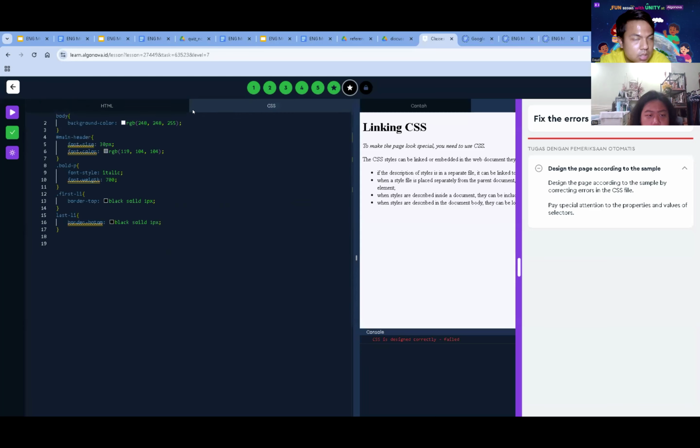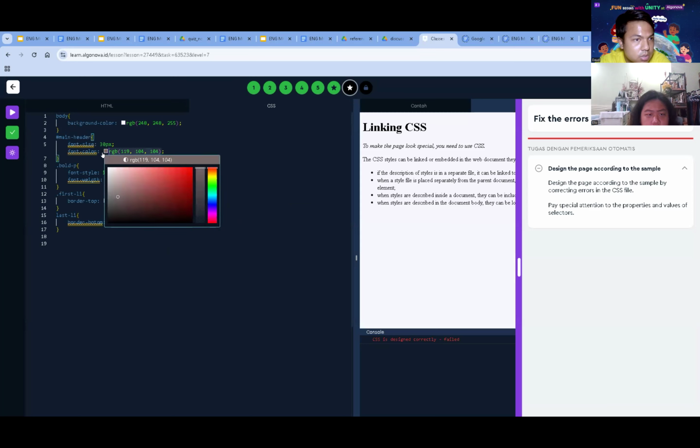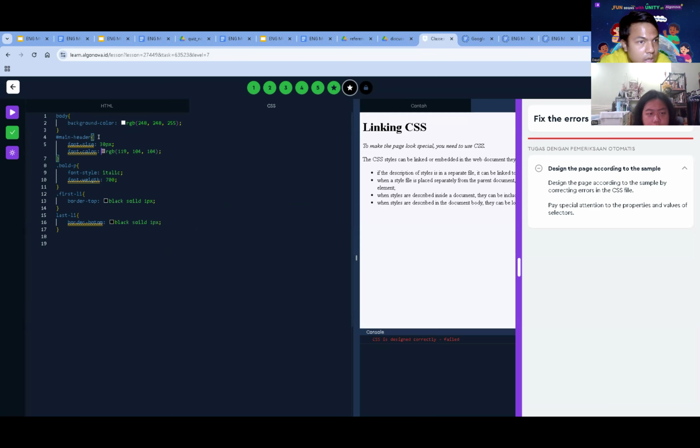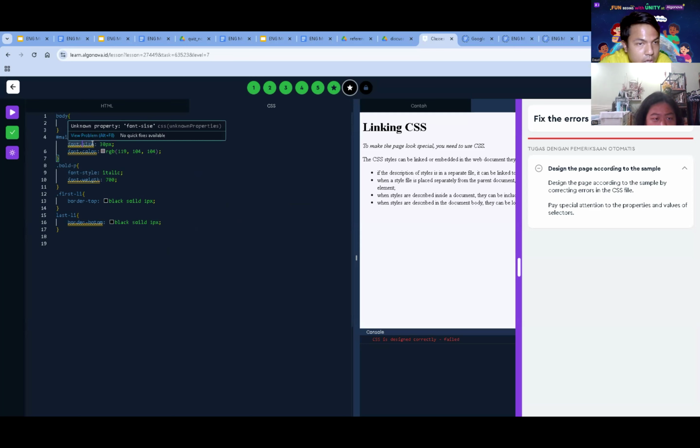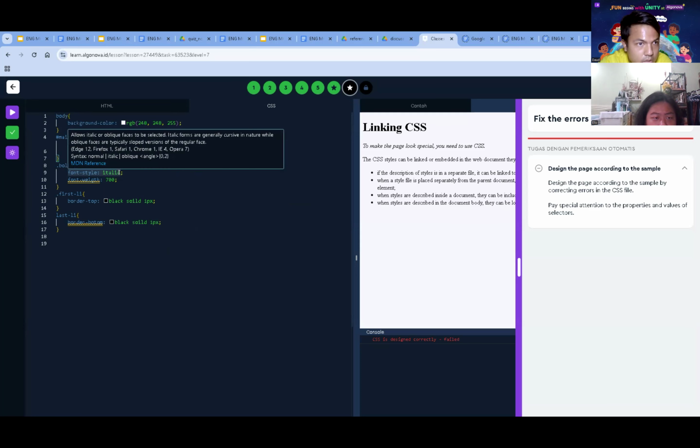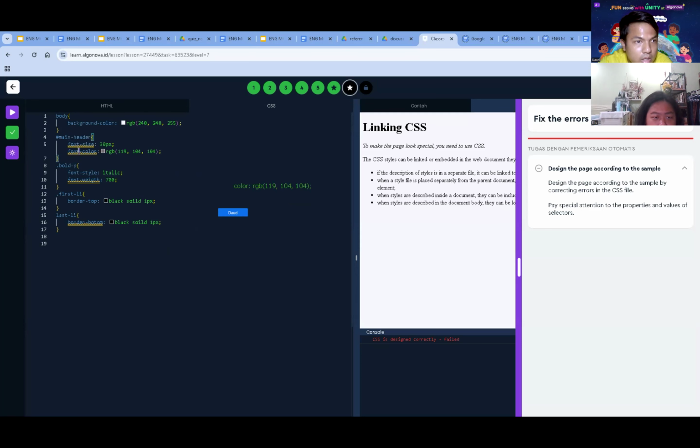You don't have to change anything in HTML. The background color is already correct, but there's no font size. Font size is a typo. And also the color for the text color. It's not font color, it's only color. And then the font size, I think it's a typo.